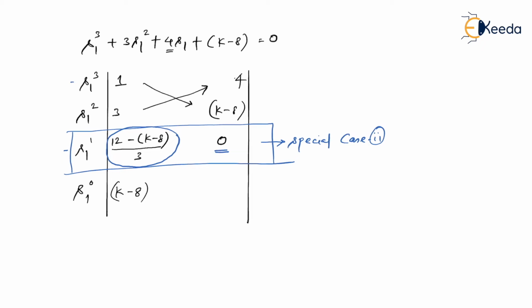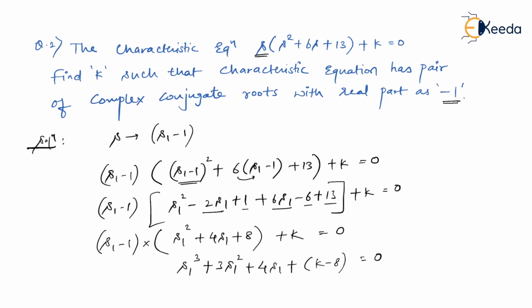But then, if you remember, they are not asking that your poles should be present on the j omega axis. What they really want is a complex conjugate pair of poles or roots with real part to be -1. And even in our case, even if I say that my poles are lying on the j omega axis, don't worry, the j omega axis is not present at sigma equal to 0. It has already been shifted to sigma equal to -1. I hope you remember what we have done over here.